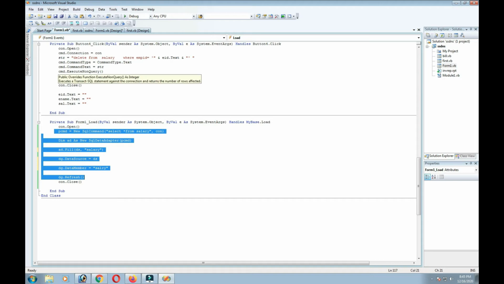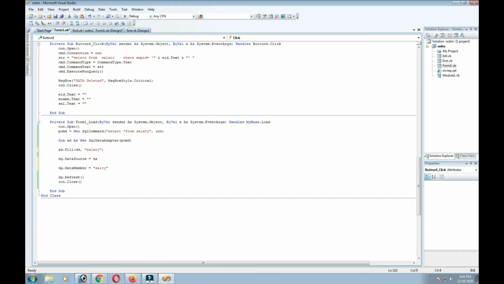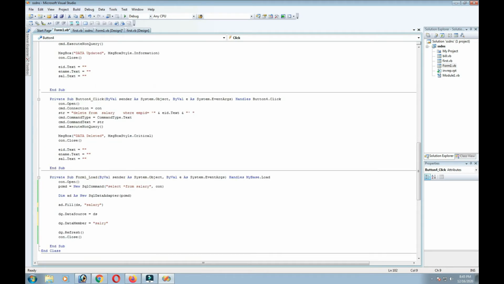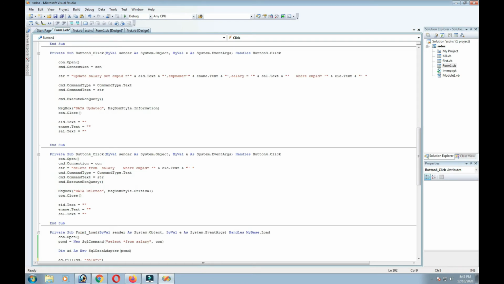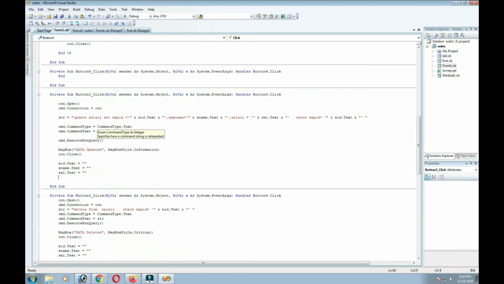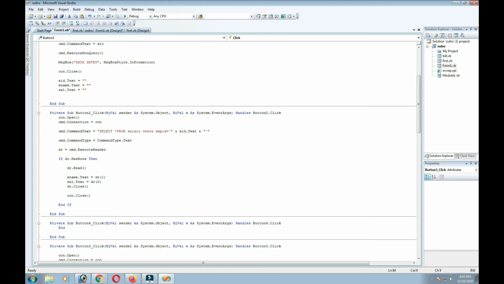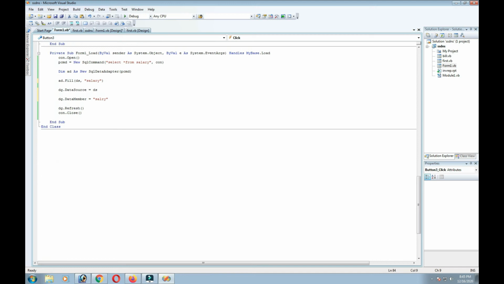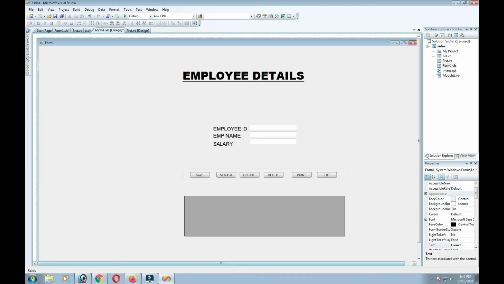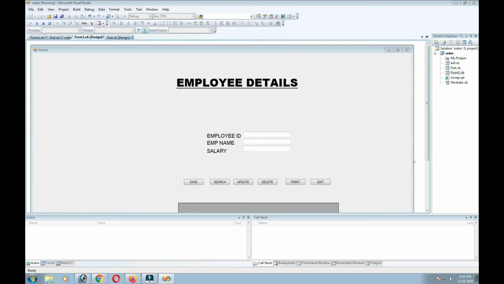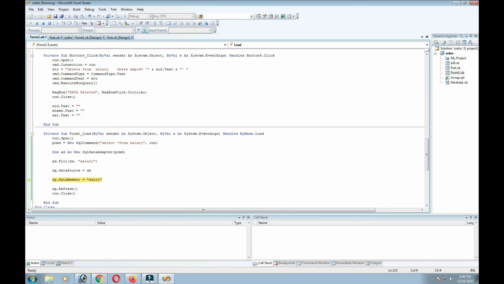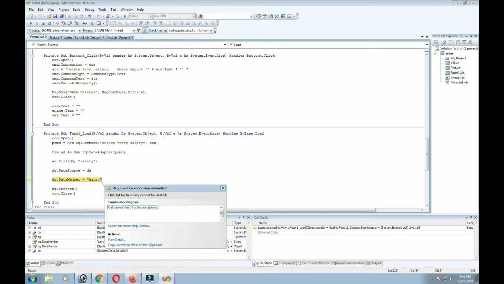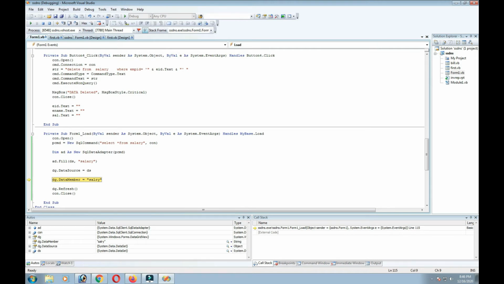In save, after it you have to show the record, as well as for delete you have to show the deleted record position, and for update you have to show the updated record position on screen. That's why we are giving this kind of data grid element to the form. Once it is finished, you just run and see, and it will automatically show all the values in the data grid.